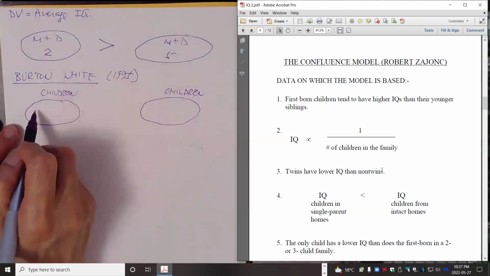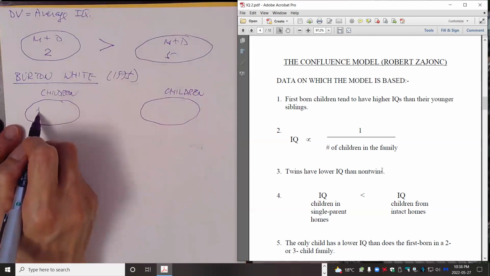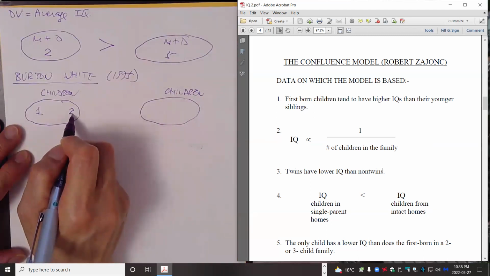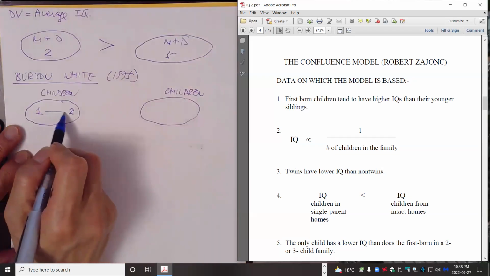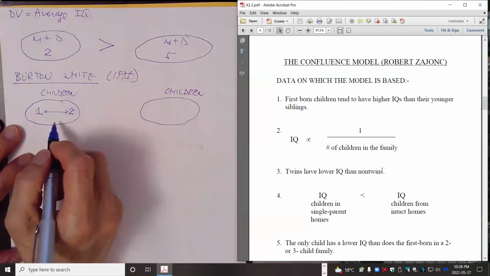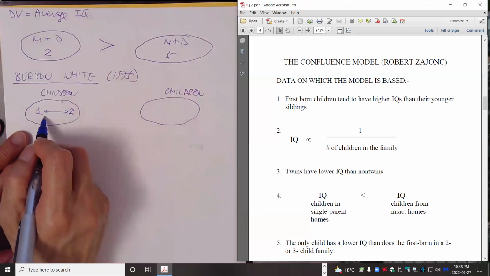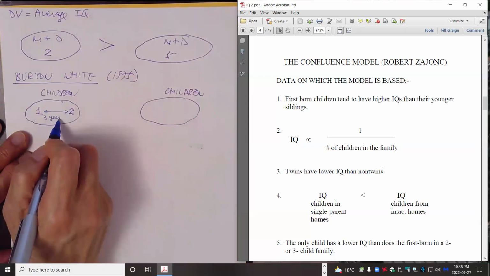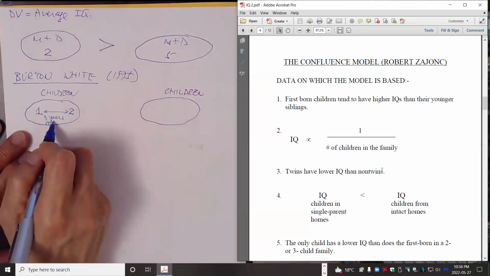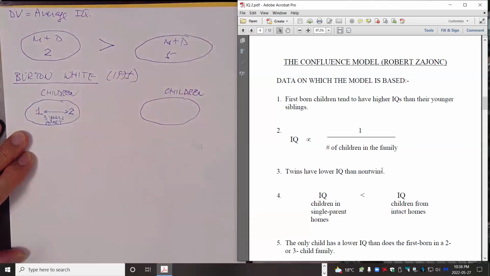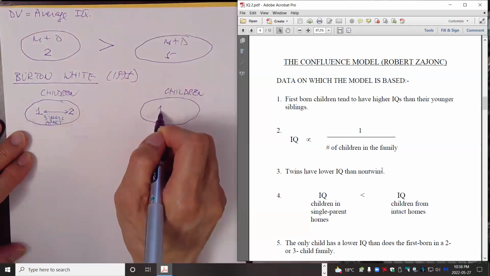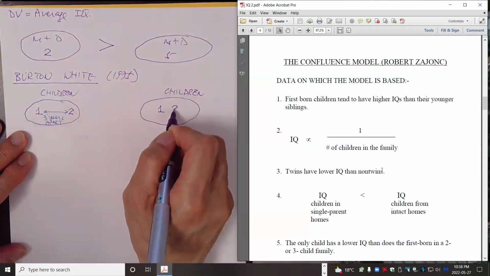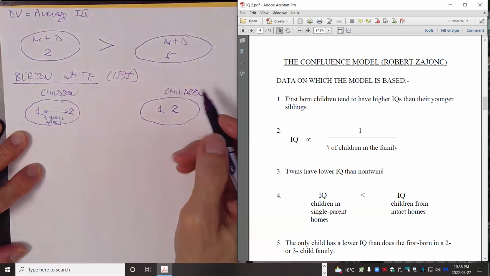This is the firstborn, the second, at least three years apart. Versus another family, firstborn and secondborn, closely spaced,